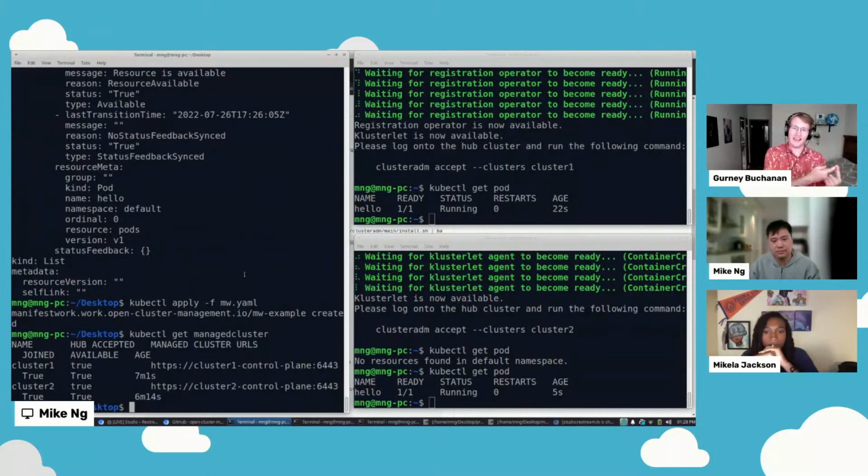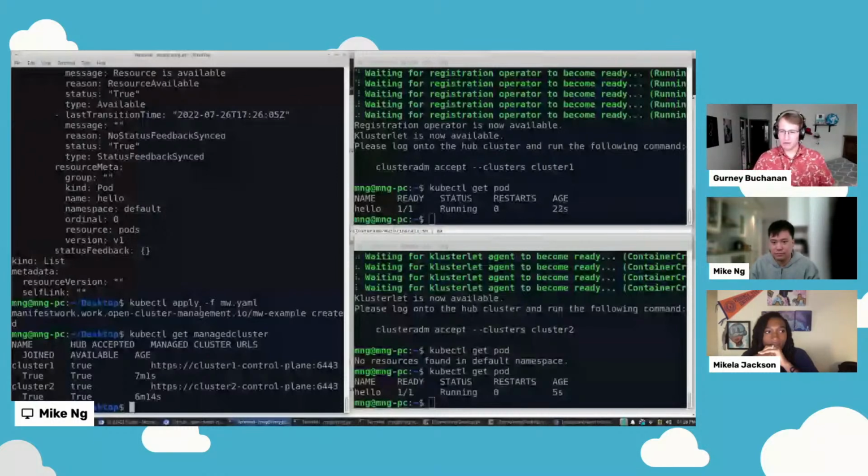And then they've approved that handshake on the hub side so that the communication channel can be open. Once you've done that, the certificate is renewed automatically by the hub and managed cluster pair before it expires, so that the link isn't broken. And then you used manifest work defined in the hub to have the managed cluster pull that configuration, not push, but pull in that case.